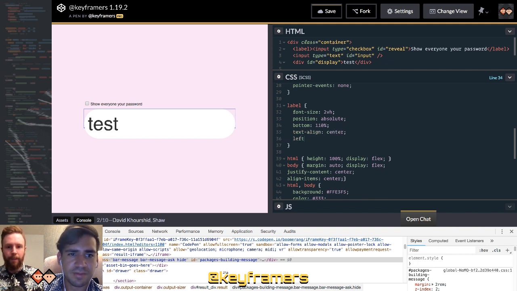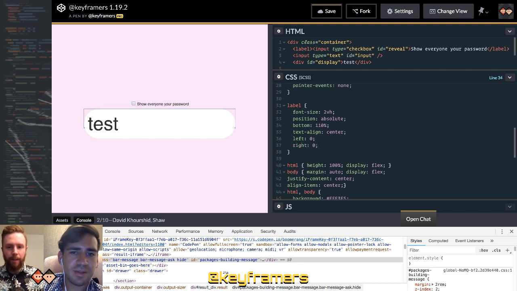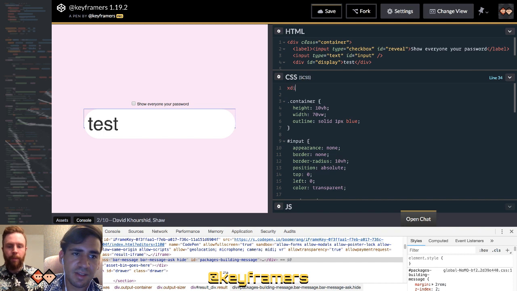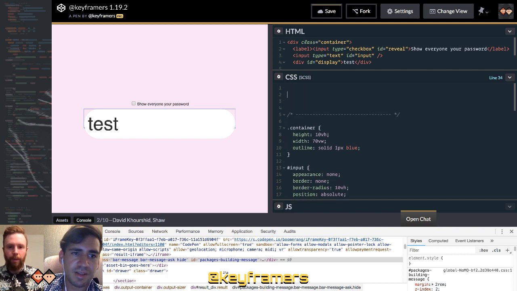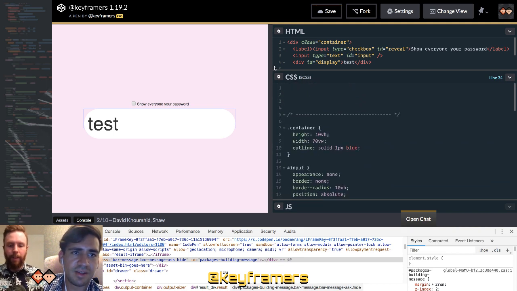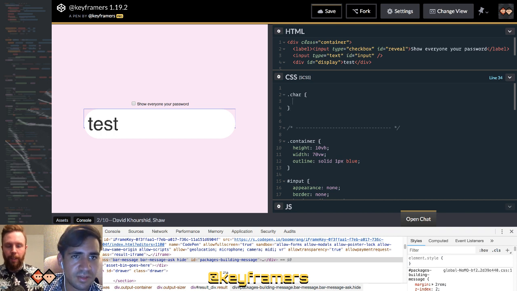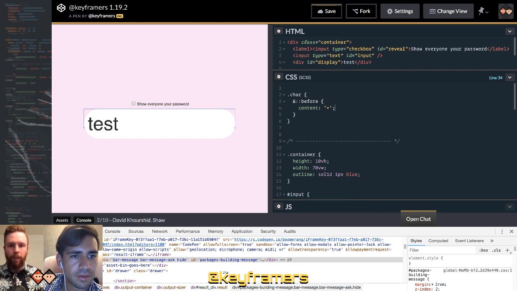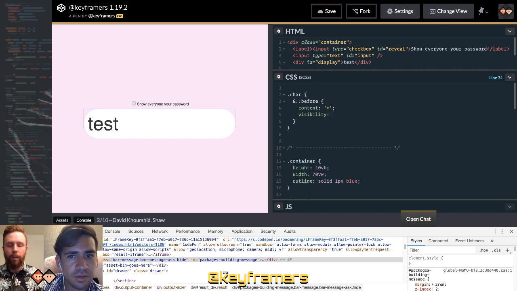All right, so the idea is when this checkbox is checked, or when it's not checked, then each one of those chars, we should actually replace the contents, right? Yes. And we'll replace the contents with those circles. So let me find a good dot, I guess a center dot. So I'm going to start doing that at the top here. So we'll do char before content. I'm just going to populate it with a little bullet first. And we'll do visibility visible. So you can see it. So you have the dot there.